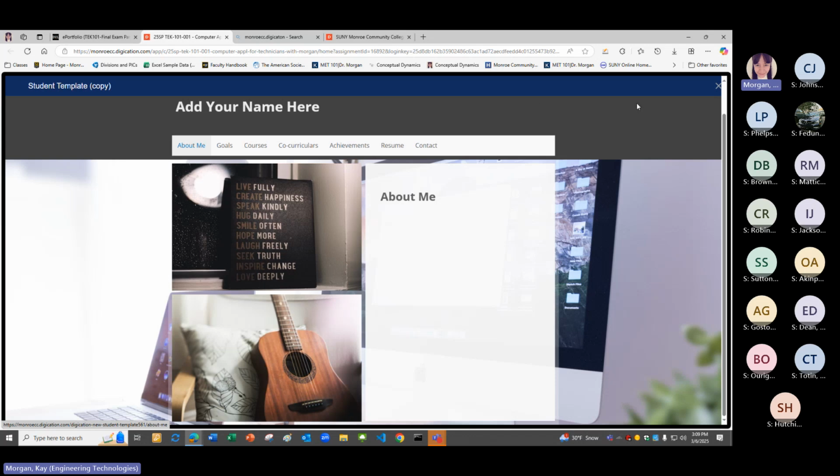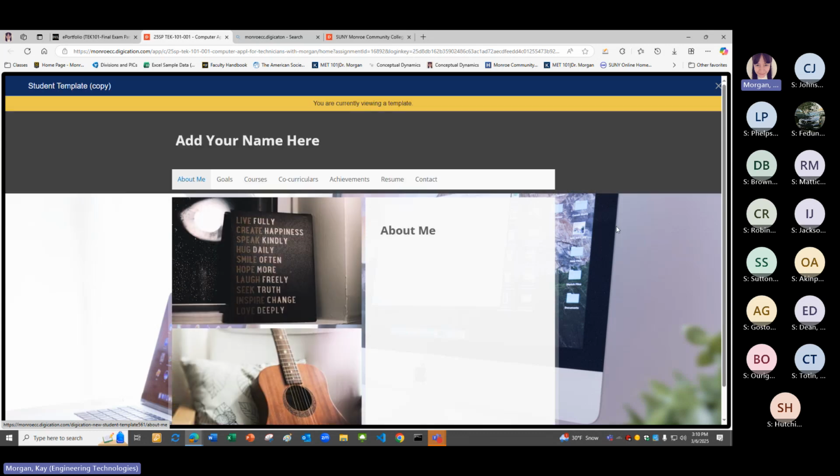I cannot edit this template because this template is associated with your course. When you click into the ePortfolio link and then you click on the template like I did, what you will actually get is the system will automatically create a blank ePortfolio for you using this exact template. And it will be then your ePortfolio, and you will then begin to be able to edit